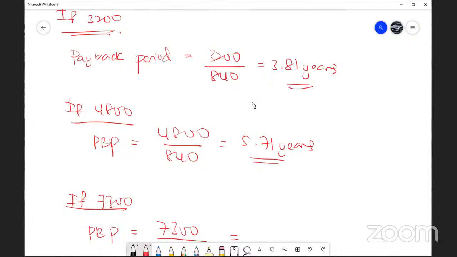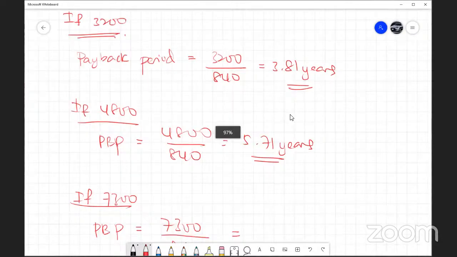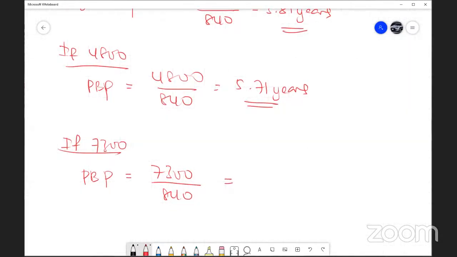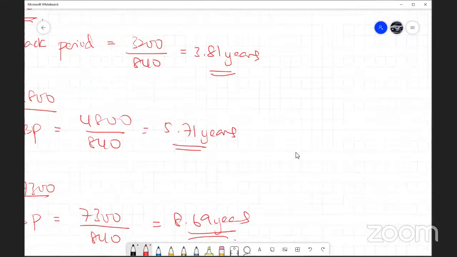And lastly, 7,300 divided by 840. So you get 8.69 years. So the question tells you the cash flow is only 840 for 8 years. All right. So A, this one,